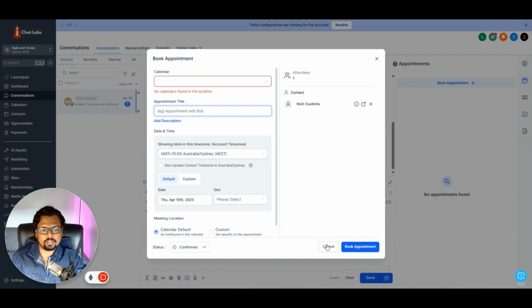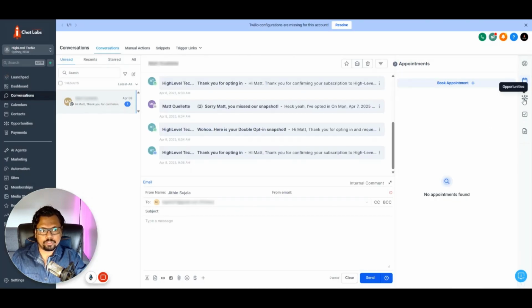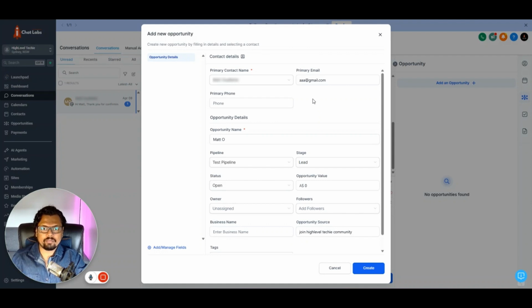and click book appointment. And now if you want to add an opportunity to this contact, click on this opportunity tab and click on add an opportunity. So now I have all the info related to an opportunity, and now I can add the opportunity name here. I can select a pipeline, I can select a stage, I can update this opportunity all within this conversation tab